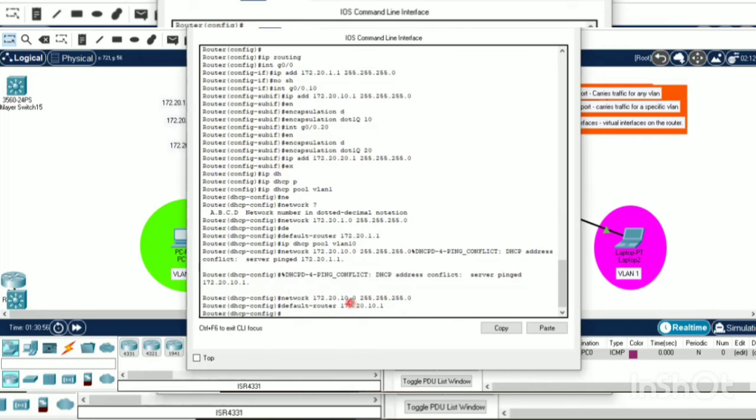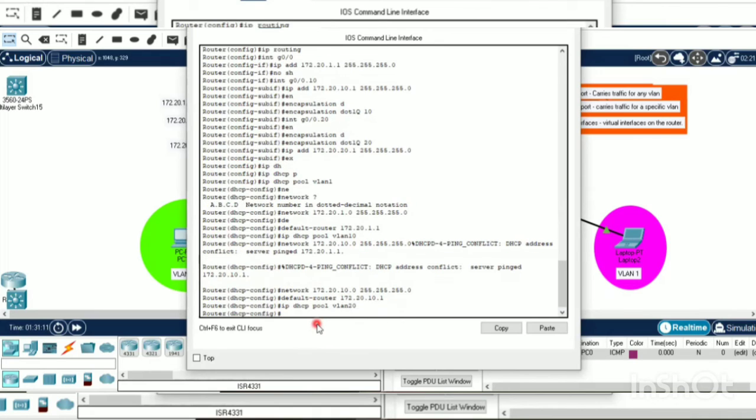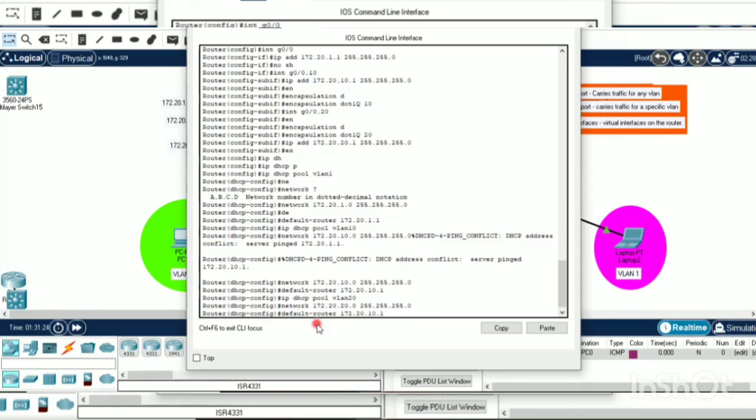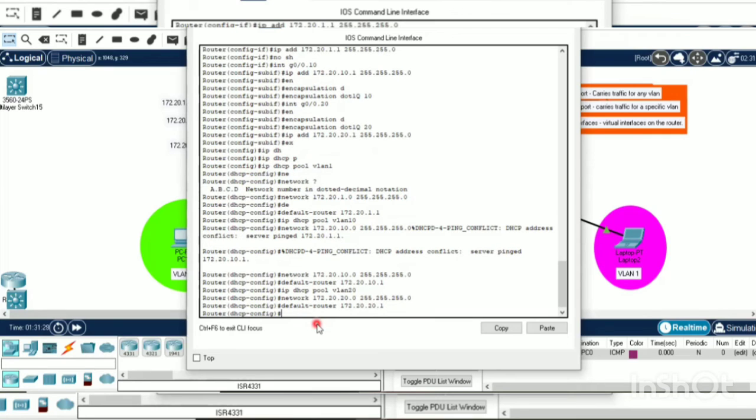So we have to do the DHCP process again on VLAN 10 because default route wasn't given that time. And VLAN 20, pool name VLAN 20. Next, network 20 and default route also 20.1. Okay, let's wait and see what is happening here.